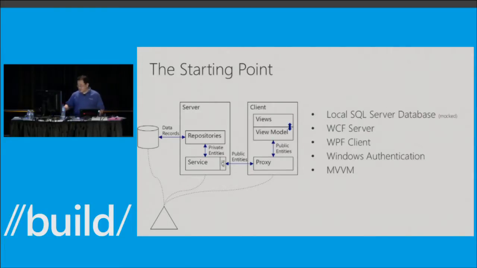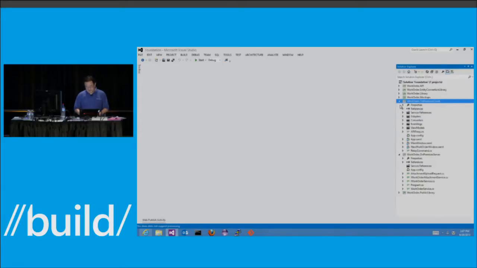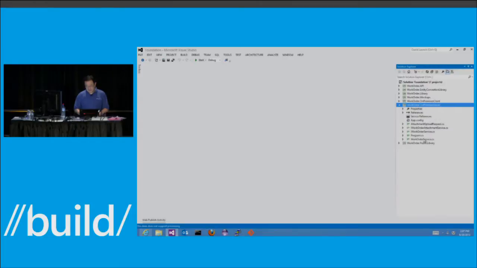And let me switch to the machine to show you how the project looks to begin with. So this is my Visual Studio 2012. This is not a new version. And you can see in this solution, I have my client project, which is a WPF client, and my server project, which is a console application hosting a WCF server.